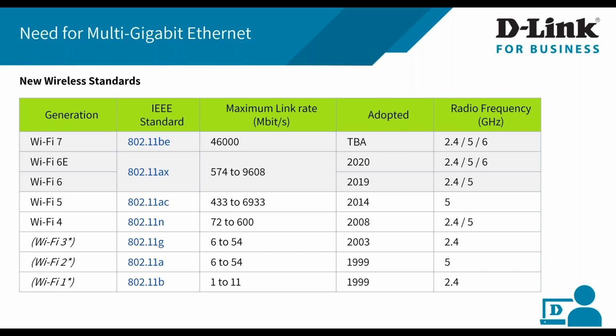So on the LAN side, we have wireless supporting up to 10 Gbps. On the WAN side also, we are seeing internet service providers today offering internet bandwidth of more than 1 Gbps, with some service providers offering 5 Gbps and up to 10 Gbps also. So today, 1 Gbps has become the norm, and many customers go for multiple 1 Gbps links and aggregate them in order to get more than 1 Gbps bandwidth.